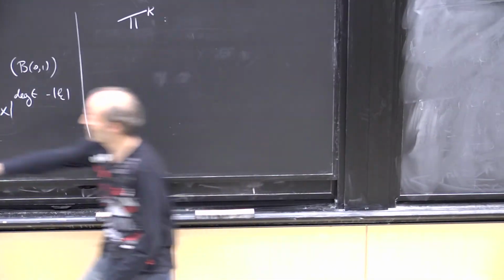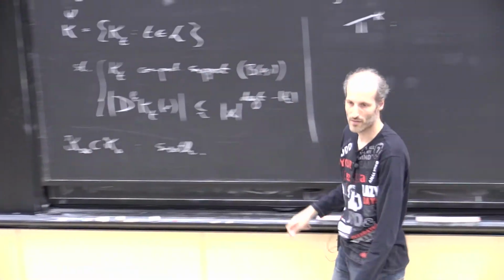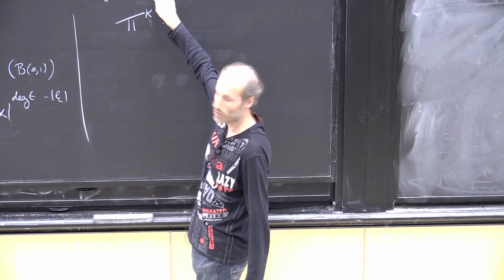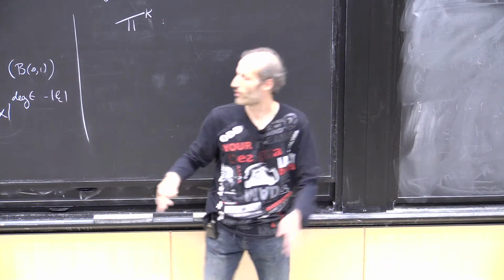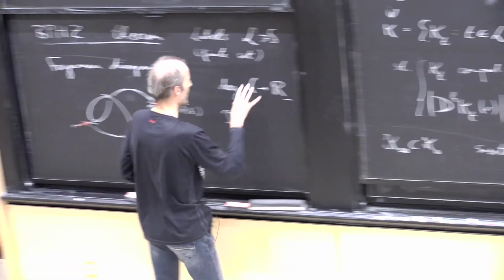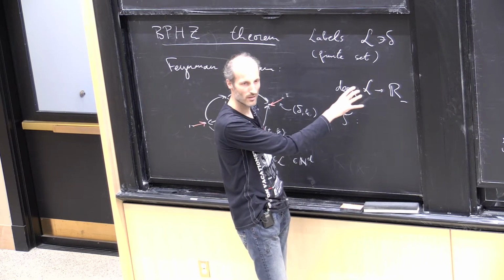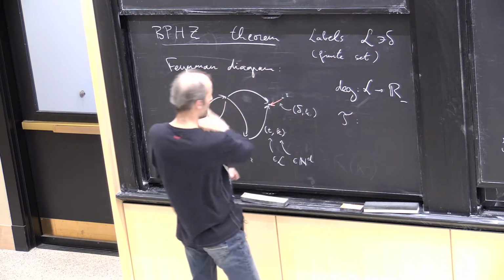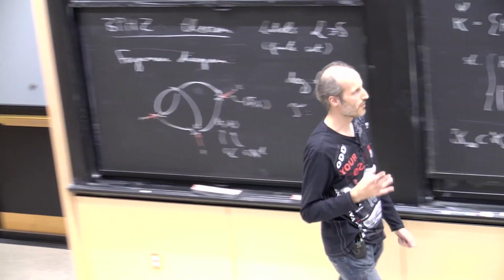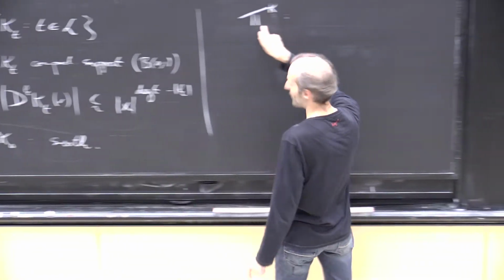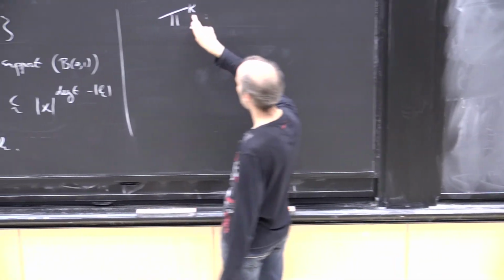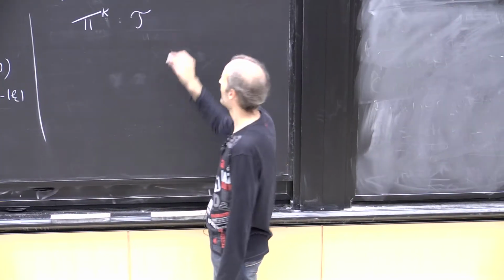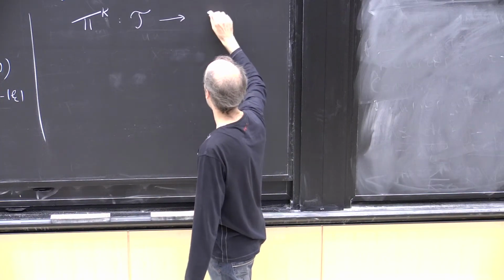So this K infinity is the same as that K infinity, which is the space of high super Ks. Also, this K is the same as that K. So you fix yourself a kernel for each label. Now, given that you've decided which kernel each label represents, there is a function, pi k, which goes from the space of all Feynman diagrams into the space of all distributions